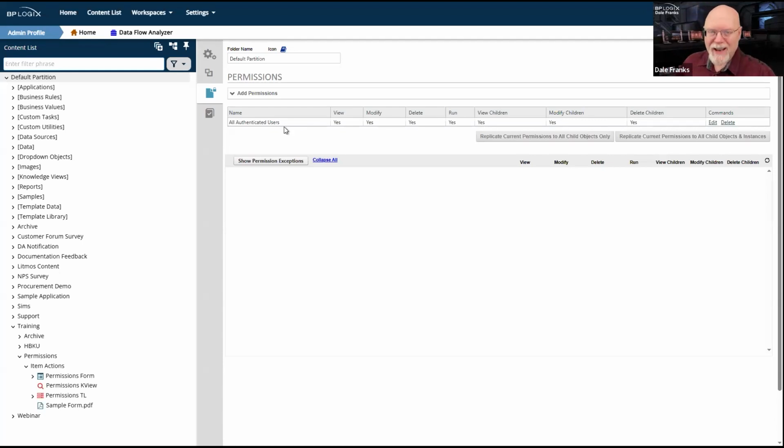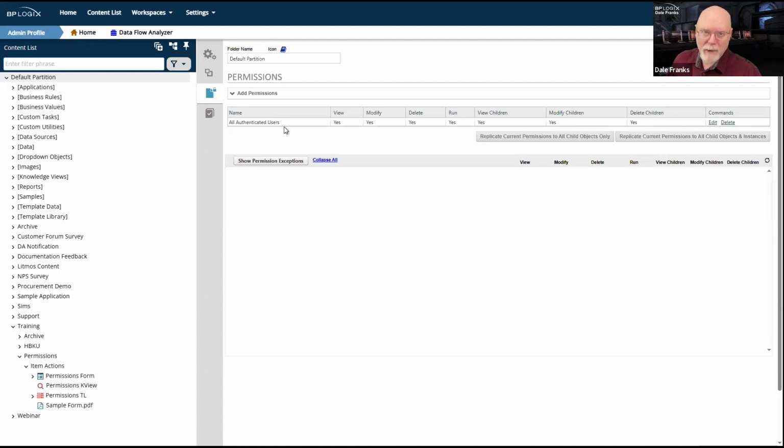Every user that has an identity on the system, Windows, SAML, or built-in, it doesn't matter. They are considered an authenticated user because they have to authenticate in some way, either via Windows Active Directory, Windows itself, or via SAML, or with a built-in account to manually log into Process Director. They all have to authenticate, which means that their identity can be positively verified. Thus, they become a member of the All Authenticated Users group. And by default, all authenticated users have access to everything.